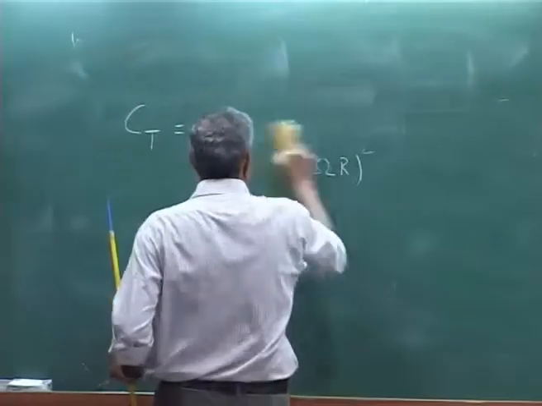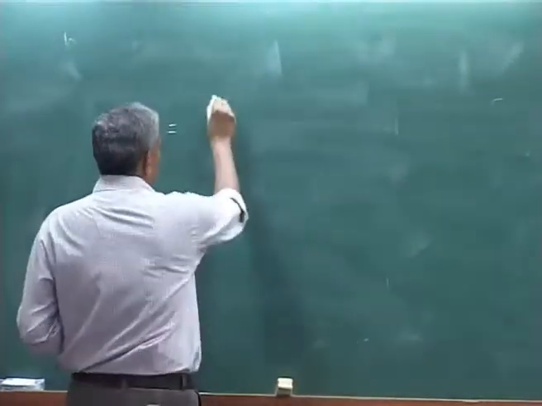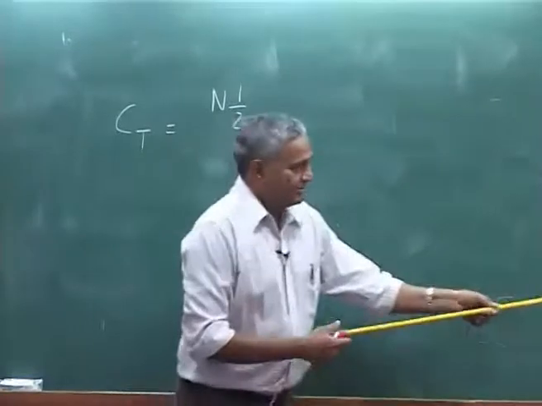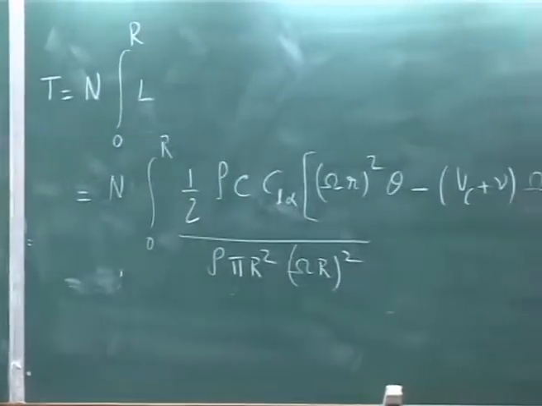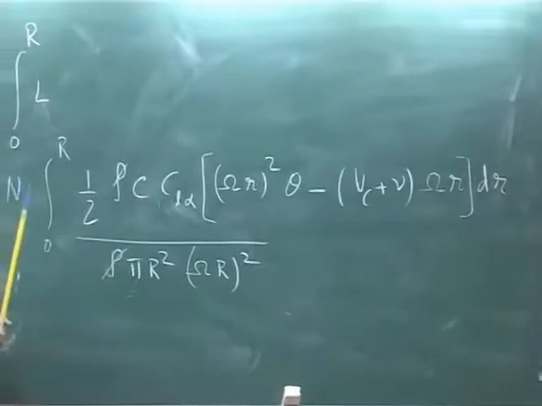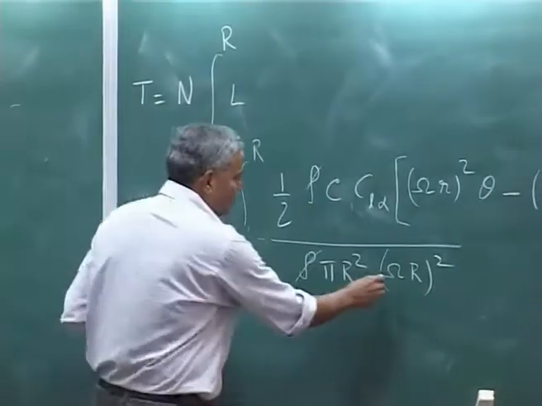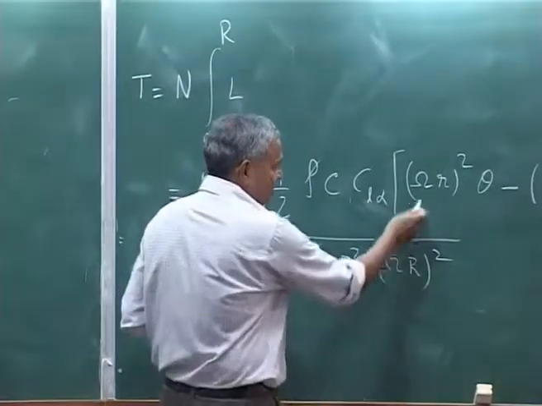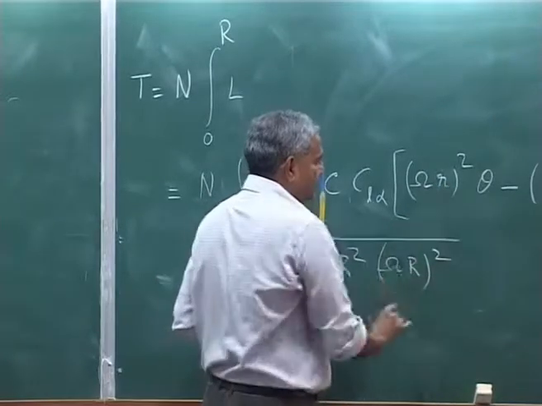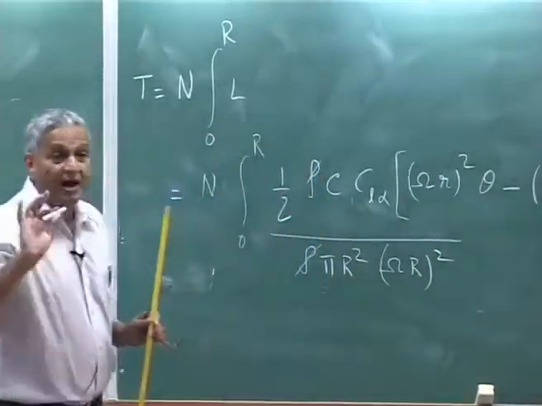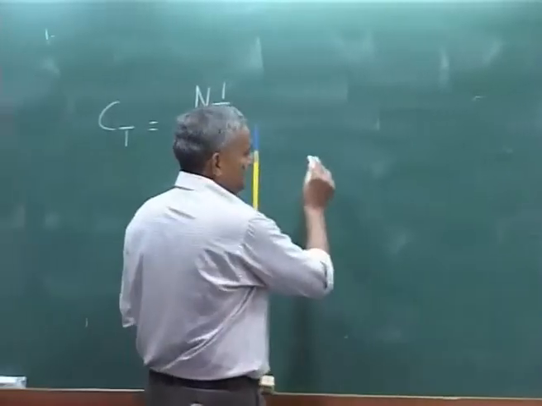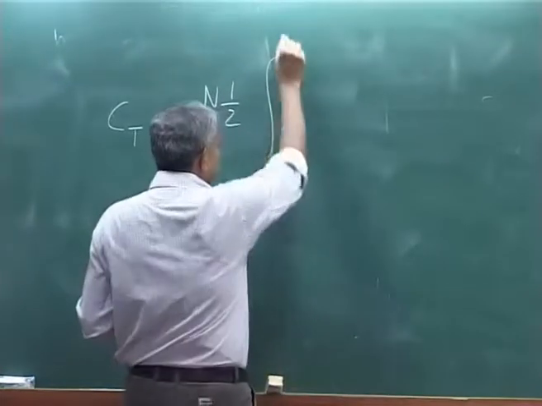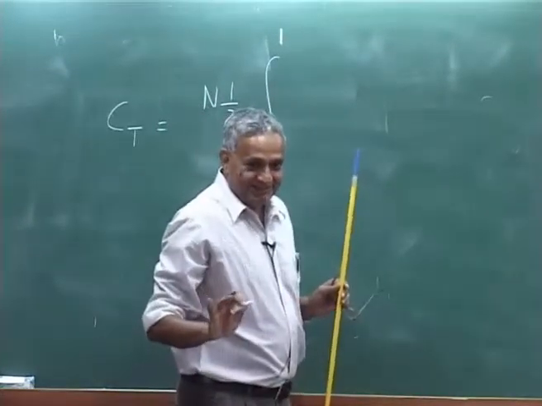Ct, there is a half factor outside, and rho will cancel out, okay. Now, omega R whole square, you take it here, this will be omega square R bar square. I will say integral, it is essentially 0 to 1, okay,